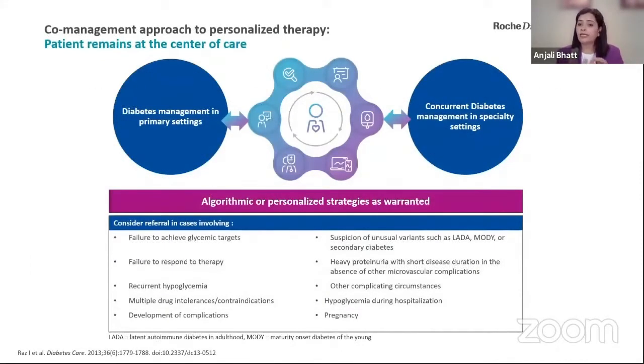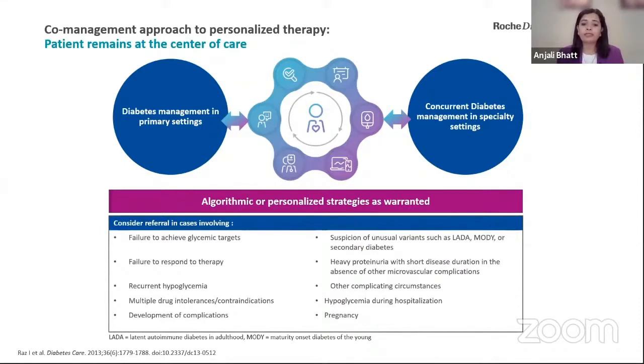It is absolutely understandable that such an approach may not be possible at all levels of healthcare, especially in India, where there are primary healthcare settings. They may not provide the kind of support that such an approach requires, where there is a need for a team, a need for resources, and a need for technology.